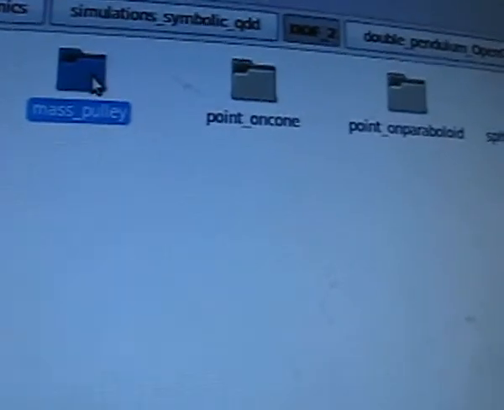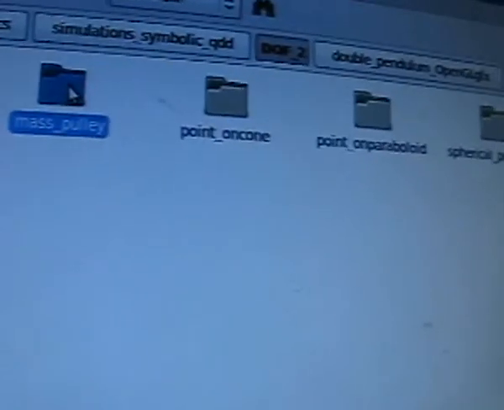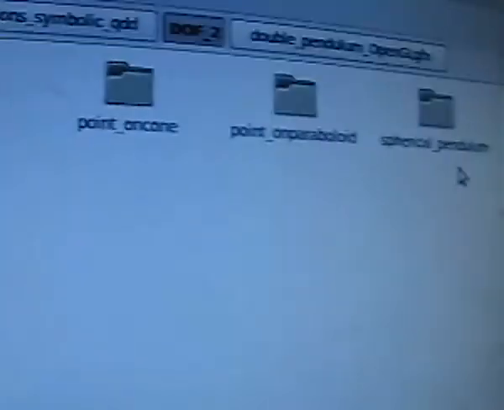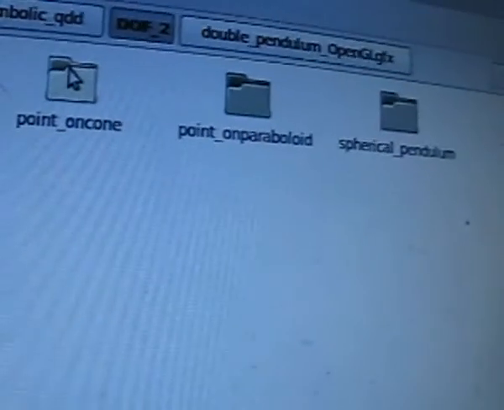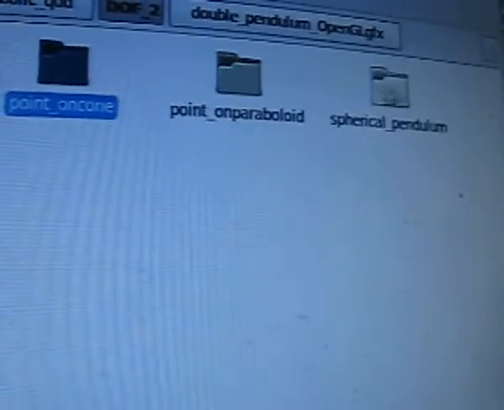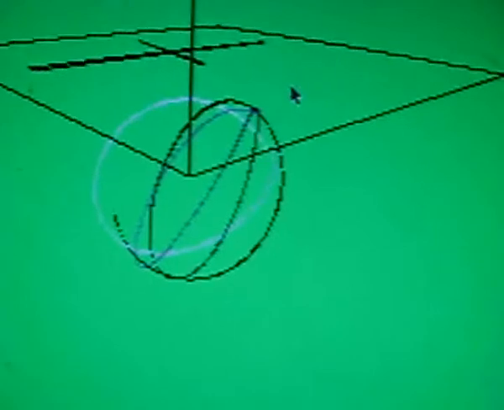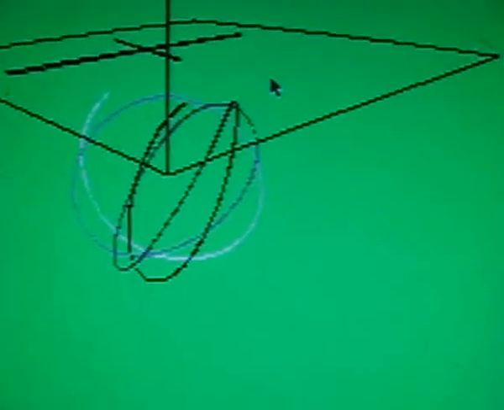The mass pulley example from the book is for the second part because it requires concepts of advanced parameterization, because there is a wire whose parameterization is quite bad. There are some other examples. For example, for the spherical pendula, there is also this example with simpler graphics. This is an example with 3D graphics but no solid representation. We have gravity and no friction, so we have these typical figures of the spherical pendulum,